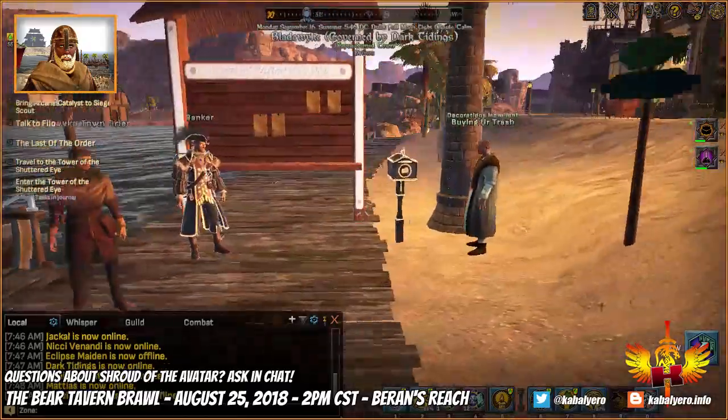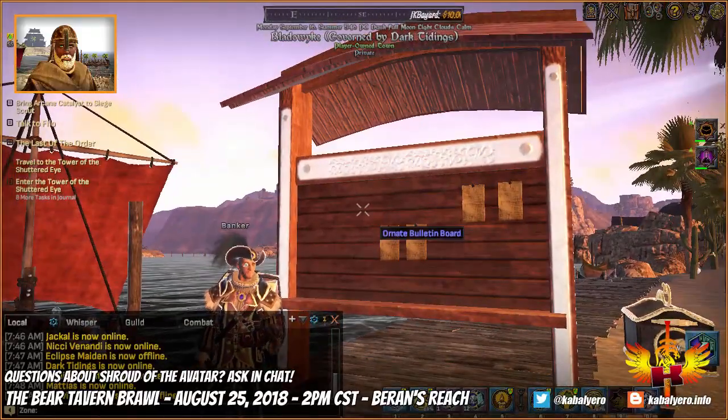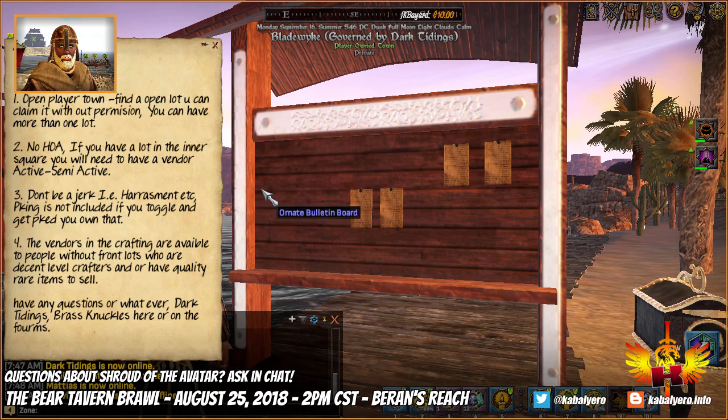Okay, so back at the entrance again we have here the bulletin board. It's an ornate bulletin board, and we have some messages like this one. Things to know in BLADEWYKE: open player town, find an open lot you can claim. You can claim it without permission. You can have more than 1 lot. No HOA. I have no idea what HOA means, but if you have a lot in the inner square, you